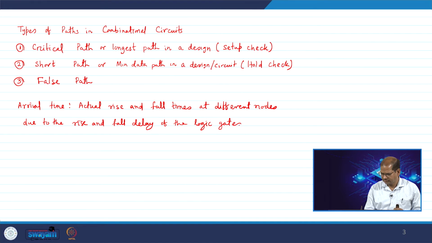So, basically this arrival time is the actual rise and fall time at different nodes due to the rise and fall delay of the logic gates, and the required time